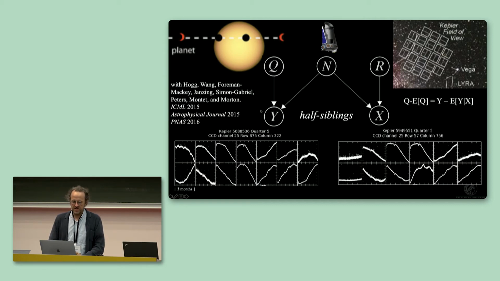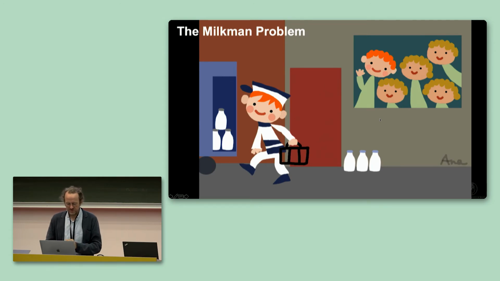So now the idea is to improve our estimate for this thing by taking into account whatever we can predict from here, because whatever we can predict in Y based on X can only be due to this shared noise source. So we'll try to perform a regression of Y on X and see what that brings us. And the intuition can be also visualized with this thing, which we've called the Milkman Problem. So here we have a set of children, all children of the same mother. And you know that sometimes not everybody knows their biological father, and some people claim that it's up to 20% of the people who don't.